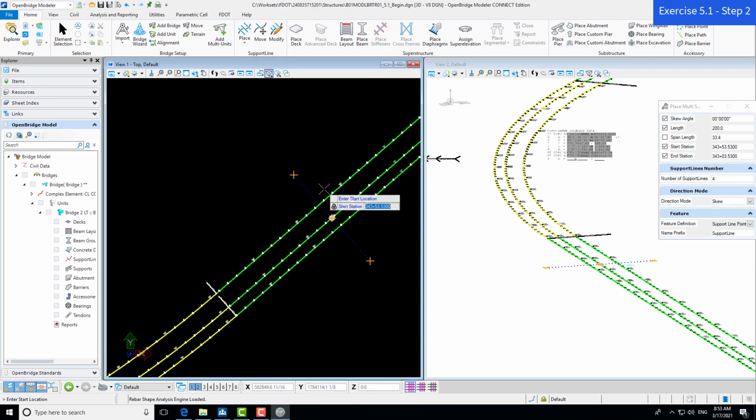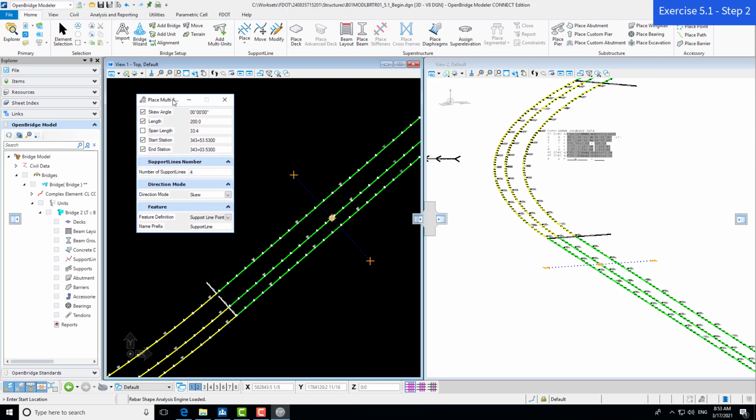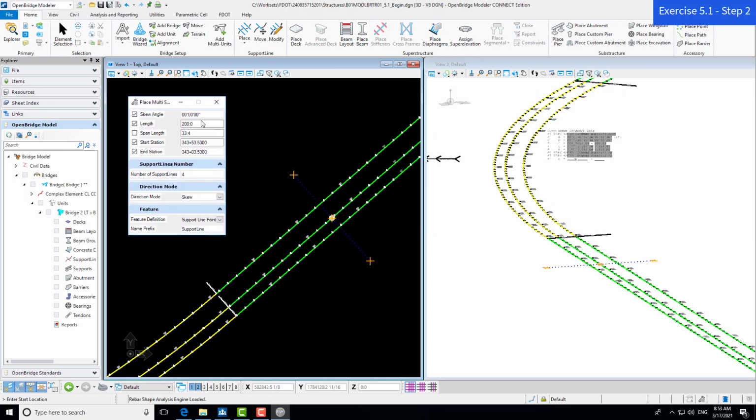So in our case, we do get another dialog prompt here, so we can continue to use that. For the skew angle, in this case, we don't have any angles, so we're going to leave that at 0. The length in this case is just the length of the support line that's going to be created. It's not necessarily the length of the bridge. For 200 feet, this just covers basically the full width of our bridge and allows some additional. So again, that can be modified later.